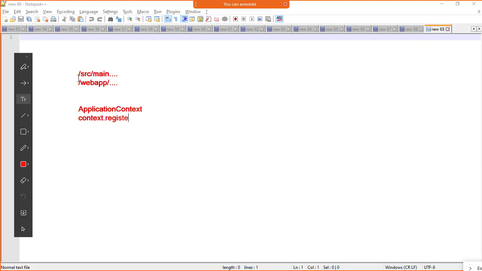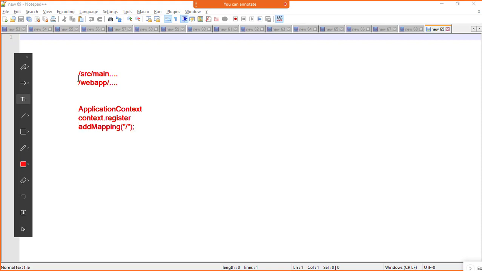Then we bound the dispatcher servlet with the servlet context object, and we set load on startup, and we added the mapping. Anything after / will be taken care of by the dispatcher servlet.